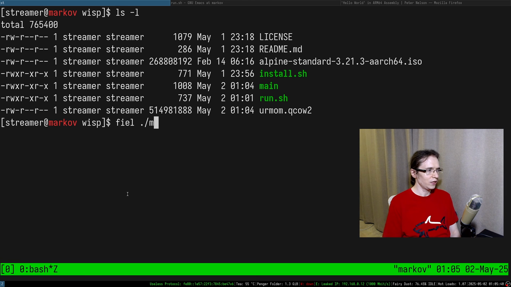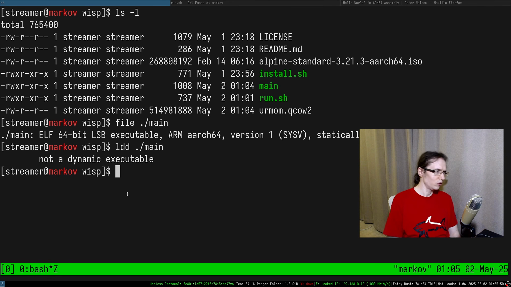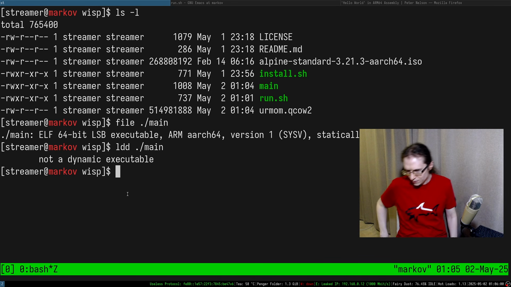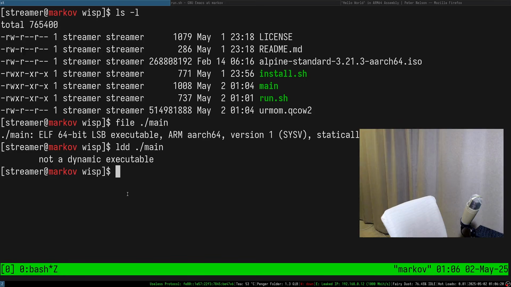Okay. So if I take a look at this thing, so 64 LSB, ldd says not a dynamic executable. Should I try it? Xiaomi 7 is ARM version 7.1. I don't remember which one I have. I think I have a box somewhere. Let me see. Just a second. I don't actually use it, by the way.